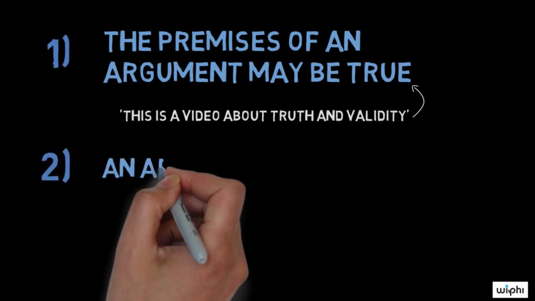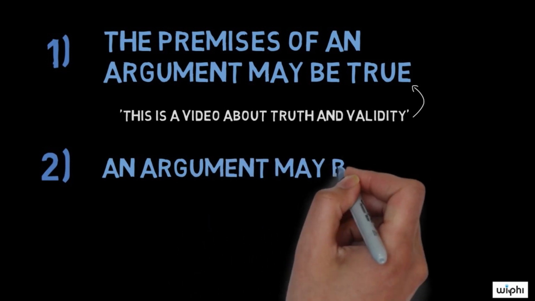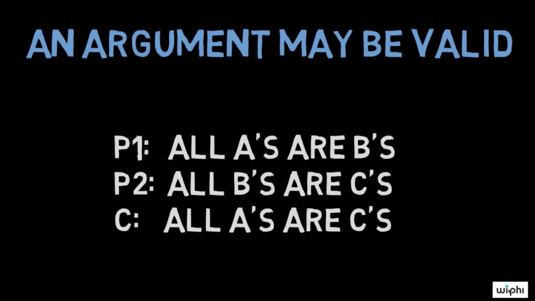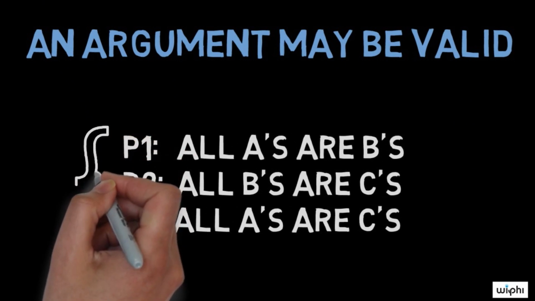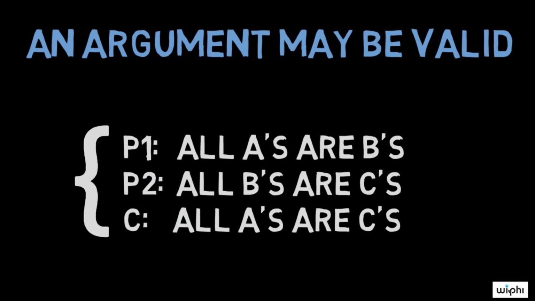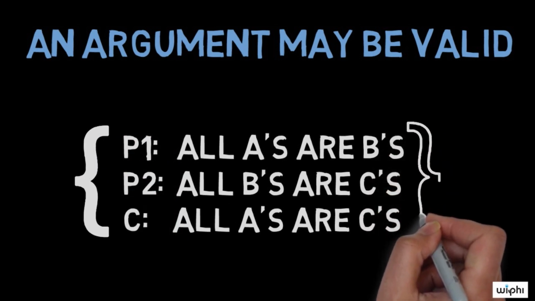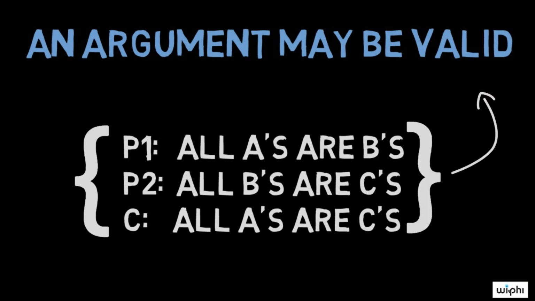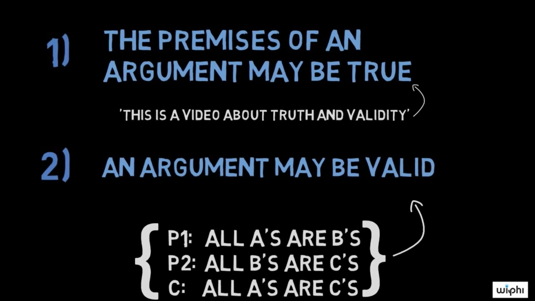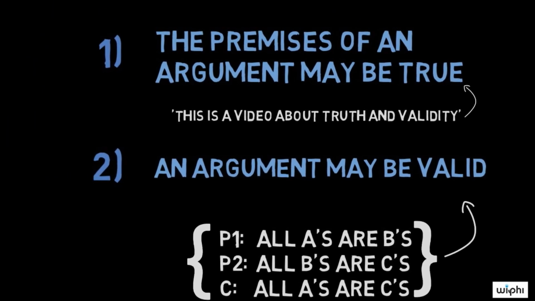Second, an argument may be valid. An argument is valid when its conclusion follows logically from its premises. In other words, an argument is valid just in case the truth of its premises guarantees the truth of its conclusion. In philosophy, validity and invalidity are held to be properties of arguments, but not statements. To see the difference between these properties, it will be helpful to look at some examples,